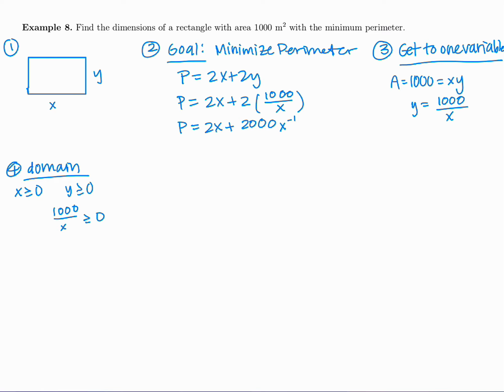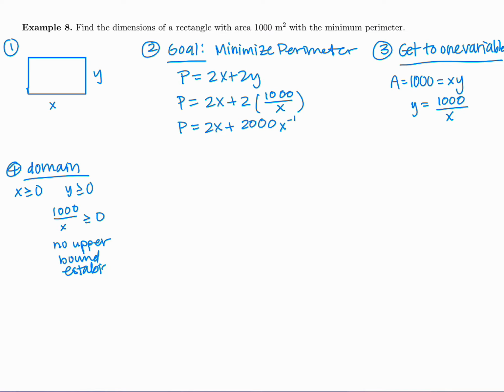If you tried to multiply both sides by x, you're going to get 1,000 is greater than or equal to 0. That's always true. You can also think about 1,000 divided by x. Well, we know x is always positive or 0. If this is always a positive number, then we're always greater than 0. We don't have to worry about having a negative. So the problem here is we're not getting an upper bound established,